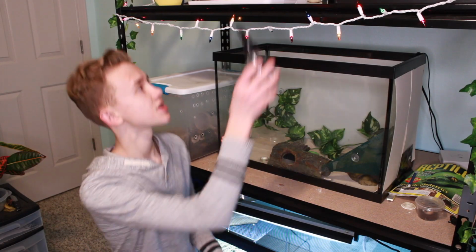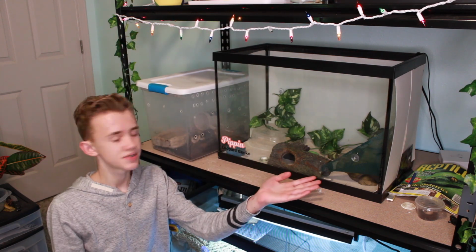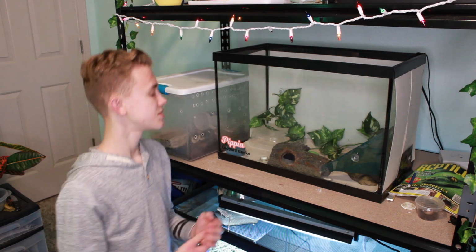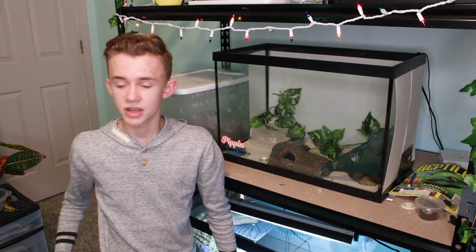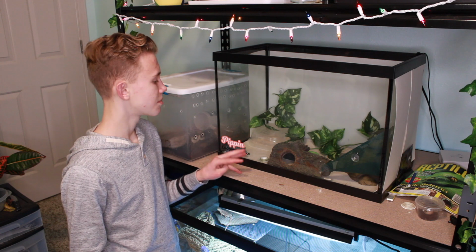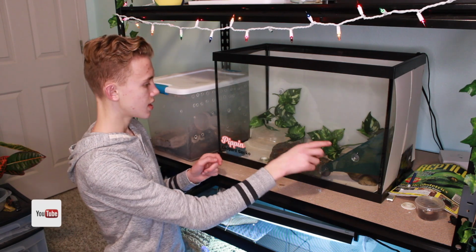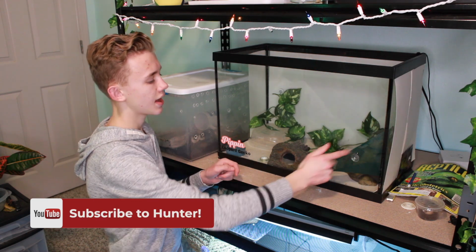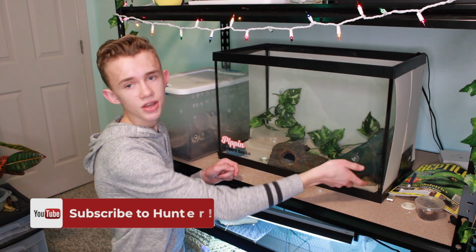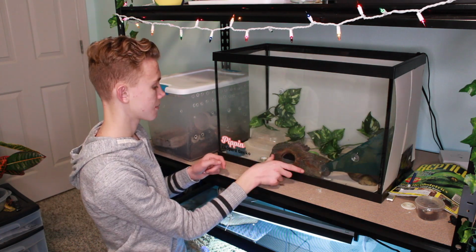So next up, I guess I should move this. We have Pippin's enclosure, which, for those of you who don't know, Pippin is a very young leopard gecko. So right now this enclosure is absolutely perfect for her at her size. We have a warm hide, a hammock, which underneath the hammock she likes to hide too, some fake plants, a